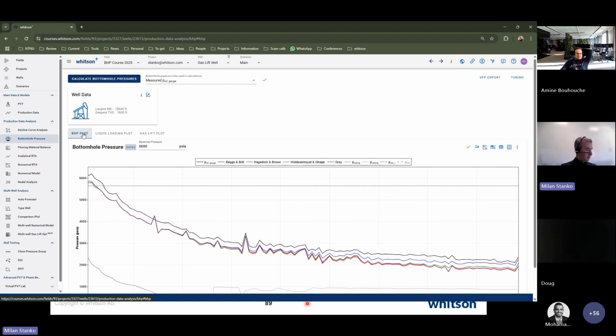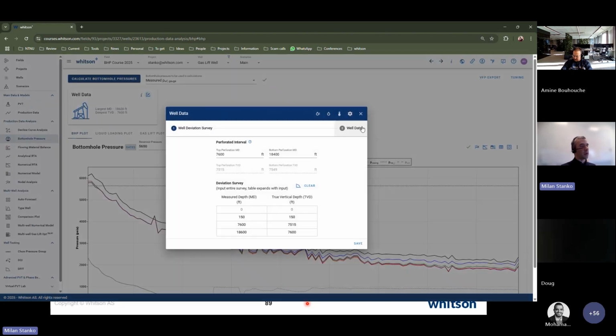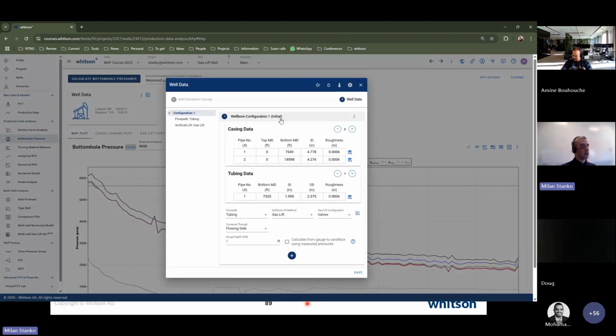Okay. Then we go to the last option, which is automatic. That means that you don't have... let's go back to the screen where we have the well data, and then we have the completion configuration information. And here again, we can change to automatic. And in automatic, it will automatically find